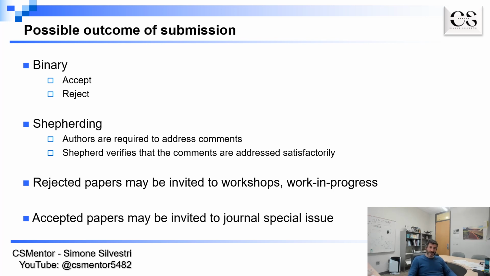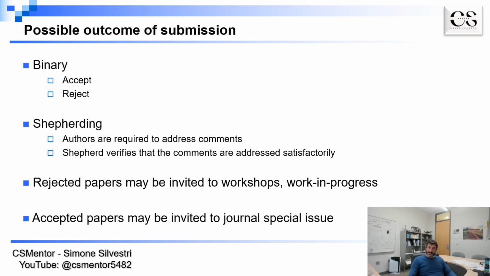So one member of the TPC committee is generally assigned to shepherd one paper or a few papers, and they need to make sure that the authors, while submitting the camera ready, actually address the comments of the reviewers. So this is something in between a regular binary outcome in the conference version, and also a little bit more similar to a journal, if you want. Because there is still the possibility that a paper is rejected, even if it gets shepherded by someone, in case you don't address the comments satisfactorily.